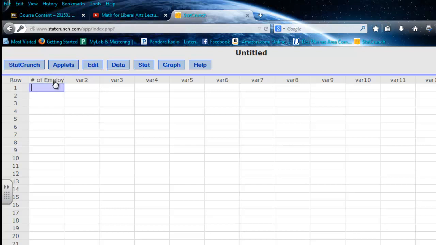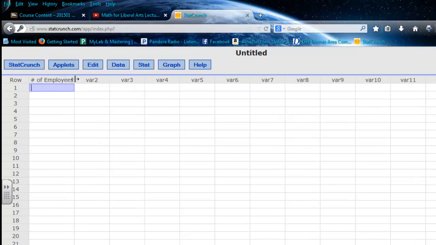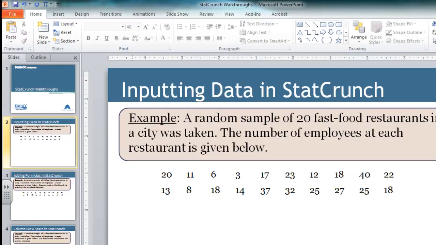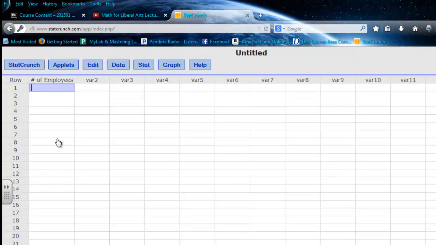employees. I'm going to make that wider so I can see it, which you don't really need to do. But it's always a great idea to label your columns and label your rows if appropriate. Okay, so one way I could do this is then just start typing the data into StatCrunch, so 20,